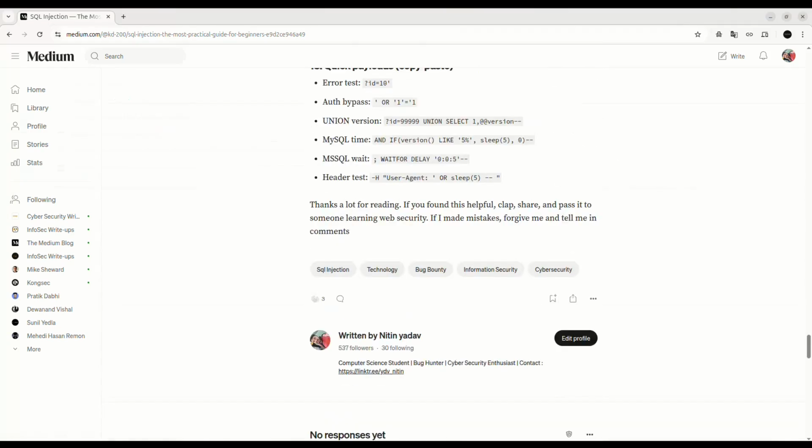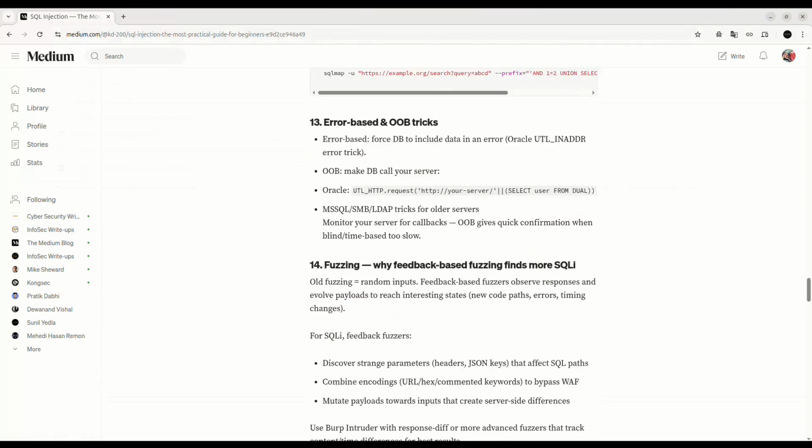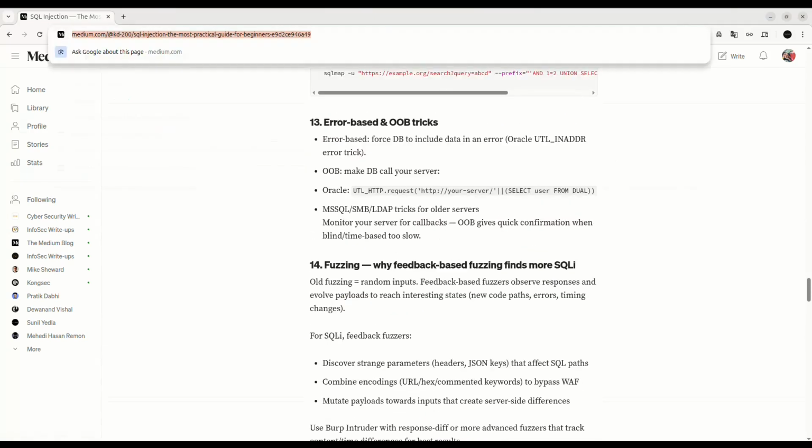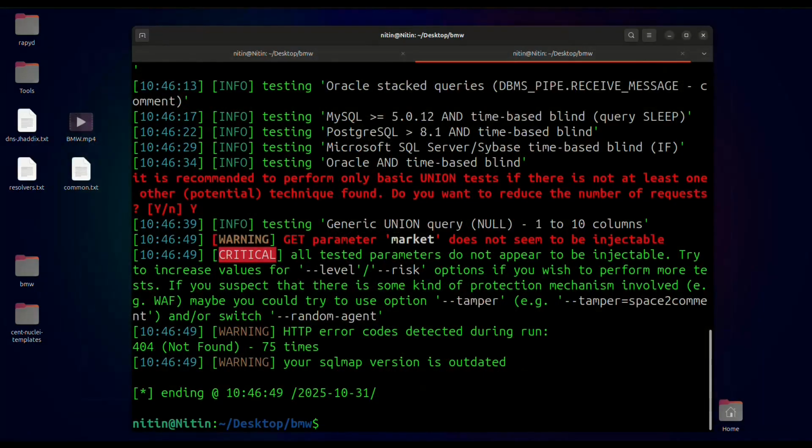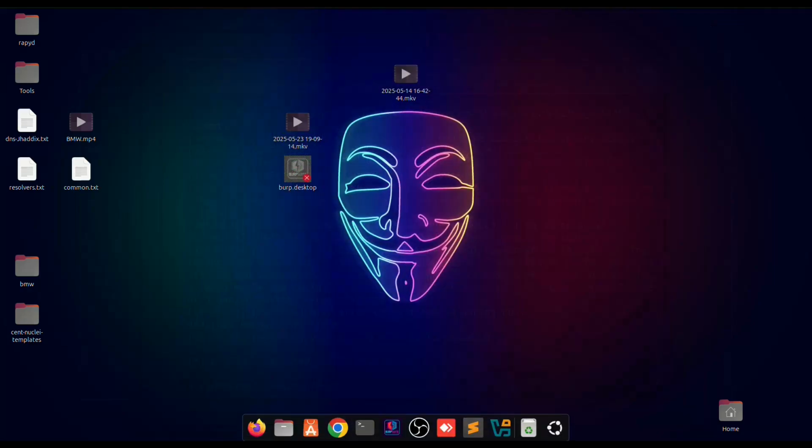Okay, it does not seem to be injectable, so that's okay. I have taught you most of the stuff, and for more you can go and read my blog.